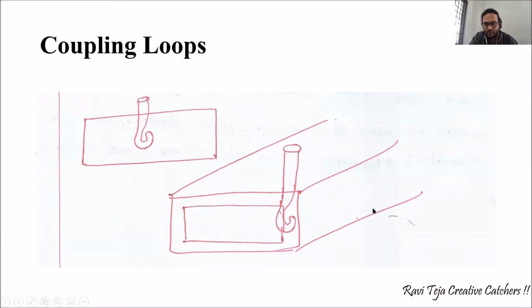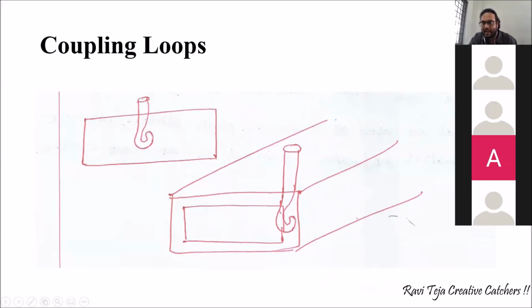Whatever the metallic tube inserted into the waveguide or cavity resonator, the inserted end will be having a turn or a circular shape. Whenever any antenna or a turn has a circular shape, or a coil kind of shape, what does it produce?